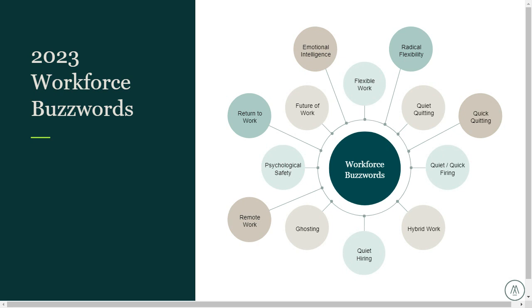The next one is quick quitting, right? Quick quitting is another buzzword that has been pretty prominent this year. It's where employees come into an organization and basically leave within the first, let's say, 60 to 90 days. There's a lot of reasons for that. Some of it is that it's been the wrong role. Some of it is that culture has not been aligned with their expectations,